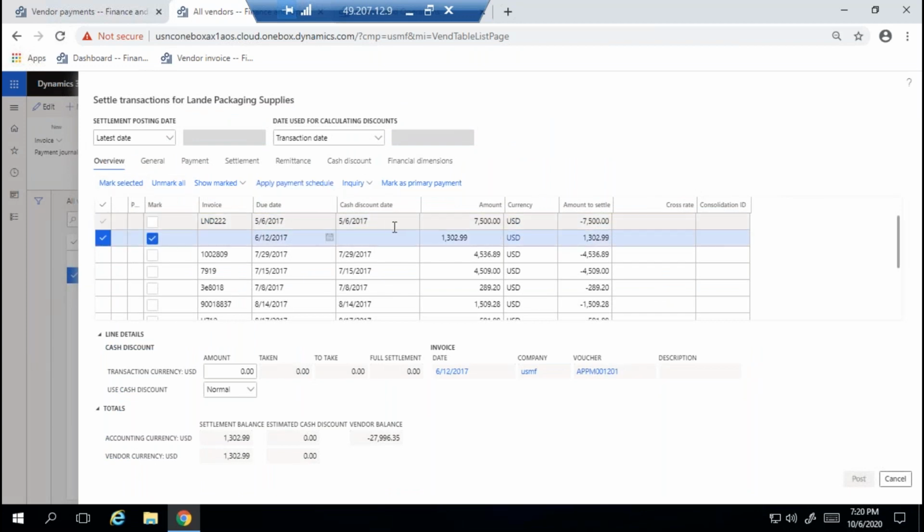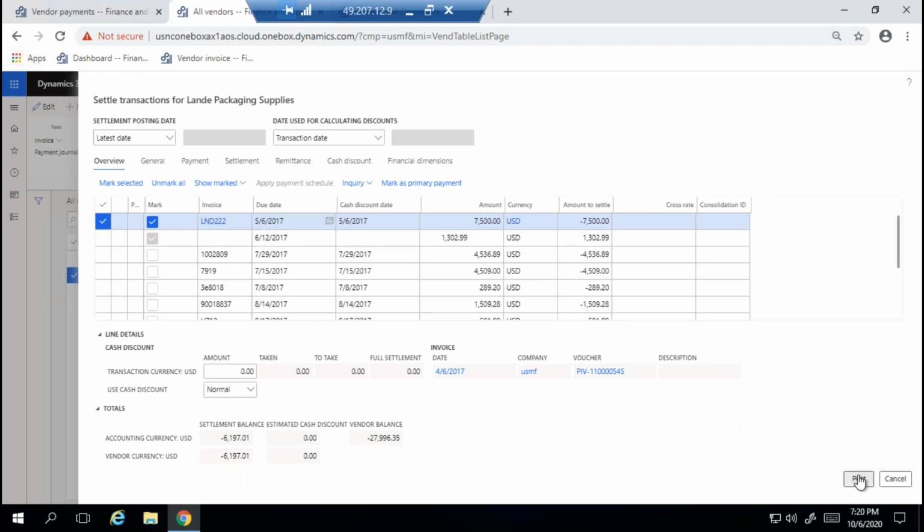This is payment and this is invoice. You can post. Then this 1302 will disappear and L&D 222 will be decreased with this amount.